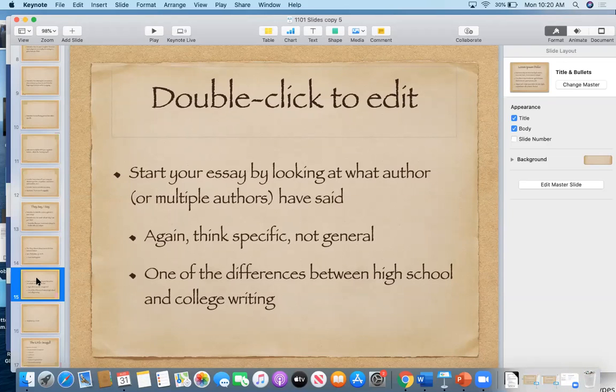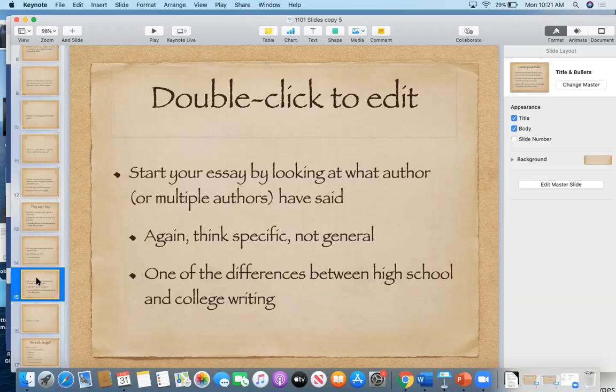Rather than just starting out by talking about the history of it, if you're writing an argumentative paper, you might want to start with a quote, not necessarily in the introduction, but focusing on what some author has said about the topic. So you might come across in your research an author who says